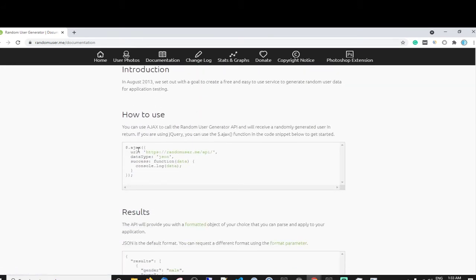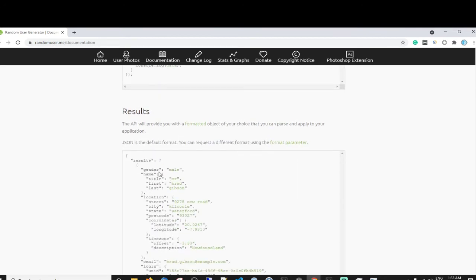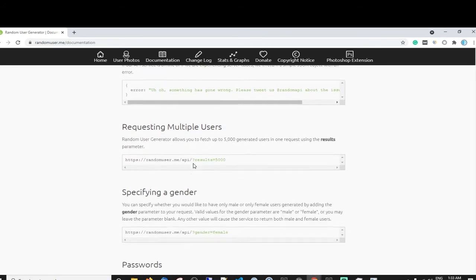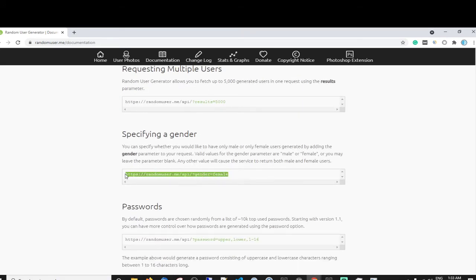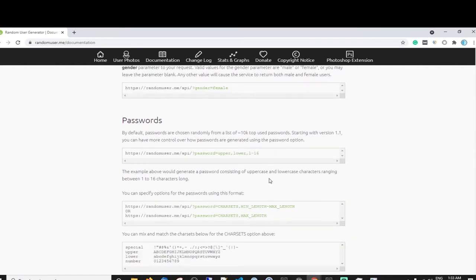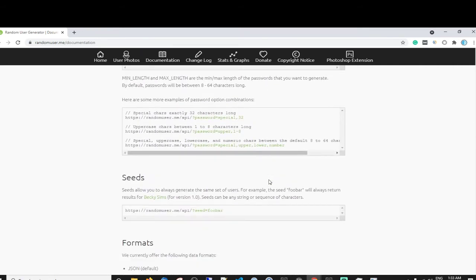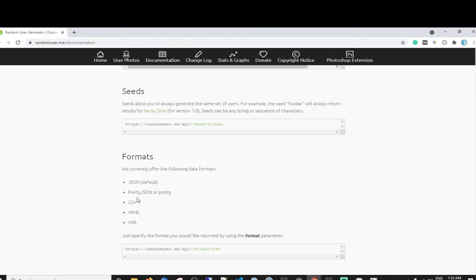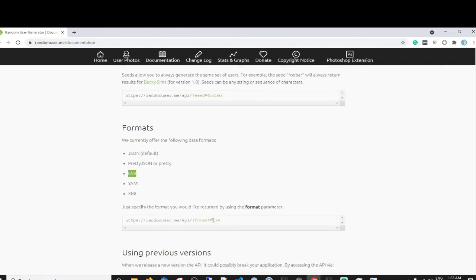So if we go to the documentation, you can see how to use it. And all you do is make this call using a GET request with BAS. You can add more options to it, which we're going to do. You can just read through this. You can request a specific gender, just the password. There's so many options to bring back some data. And you can choose the format that it comes back in, okay? So BAS has an option to bring back data in JSON format or CSV. I've not tried it with the CSV, so I'm going to do that just to see how it works out, with experimentation on the stream.